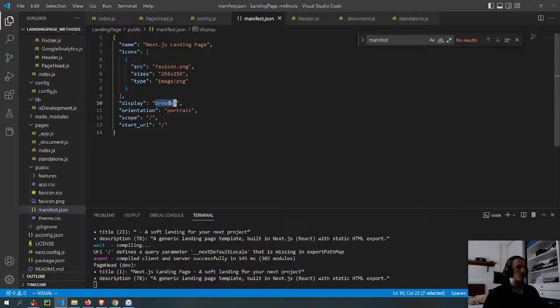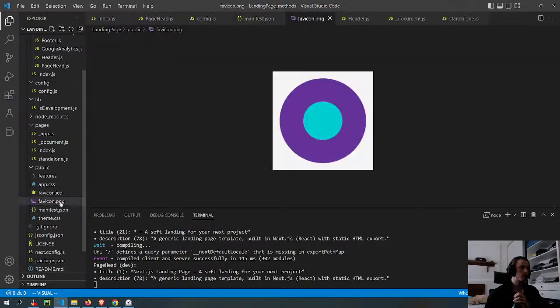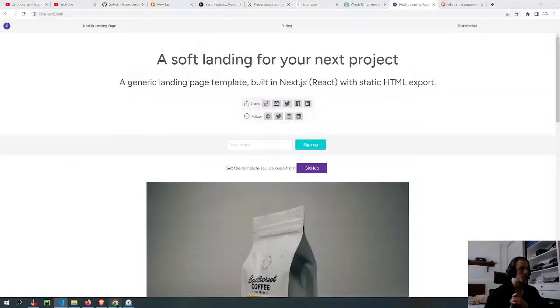Maybe this display browser helps with SEO or something like that. And the orientation as well. Yeah, this is the icon there that is showing up on the...